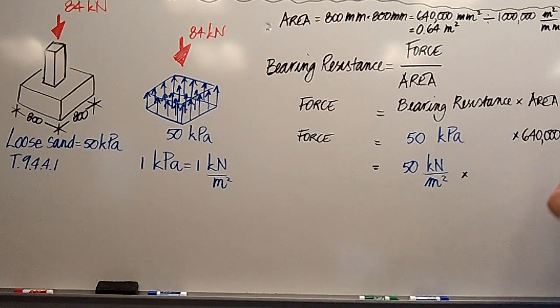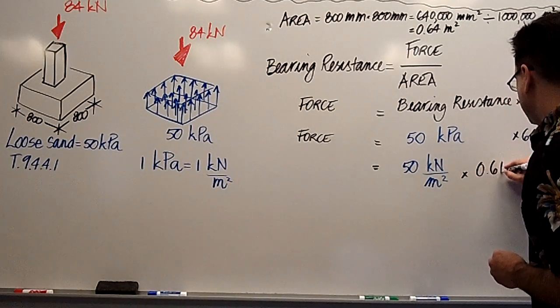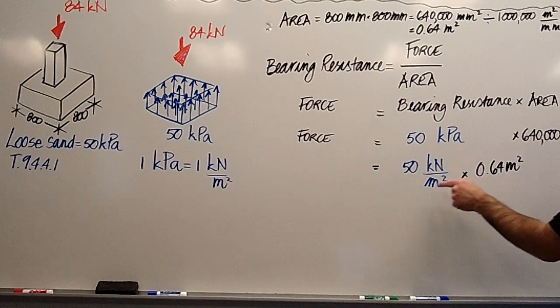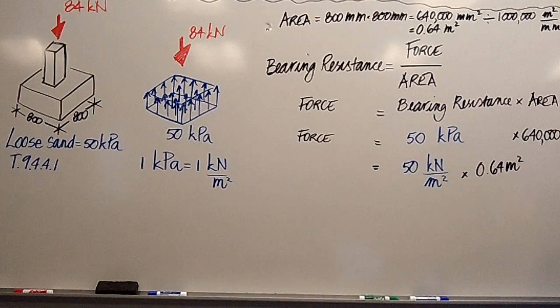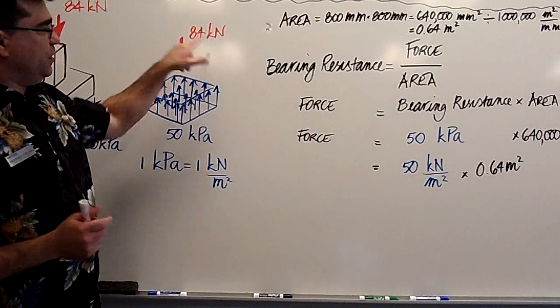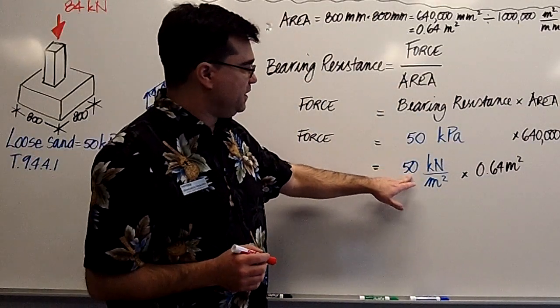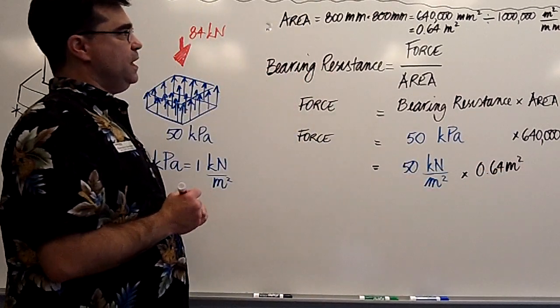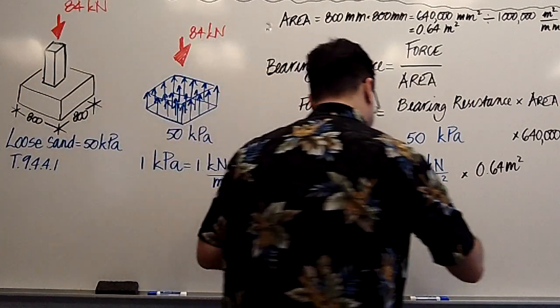Right? So I converted this now to meters squared, which is great. Look at this. Meter squared and meter squared cancels out, and we're left with only kilonewtons, which is the right unit for a force. So I'm going to use red to indicate a force. 50 kilonewtons per meter squared times 0.64 meters squared gives us,